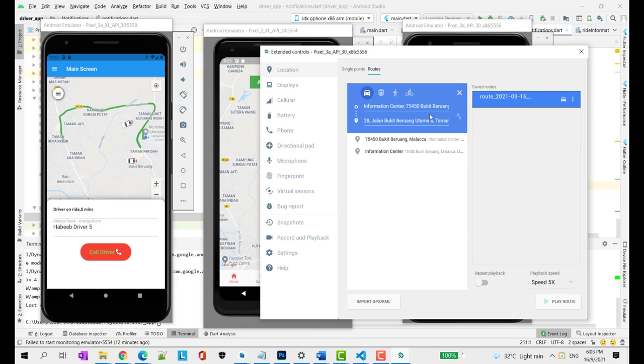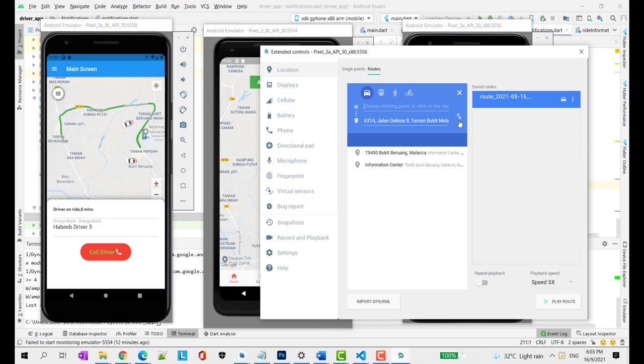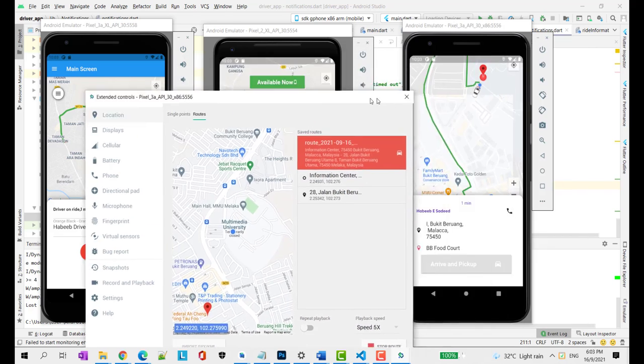Let me copy this. Oh, I already copied it. Single point, let me start a route again here from Jalan Dilemma to West, and then what I can do is go from Jalan Dilemma to the rider's position, which I copied and pasted here. So now let me play the route.